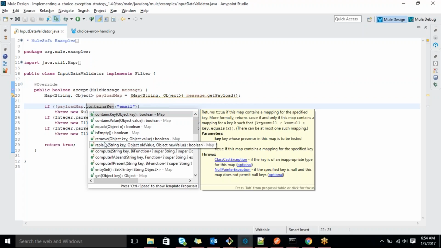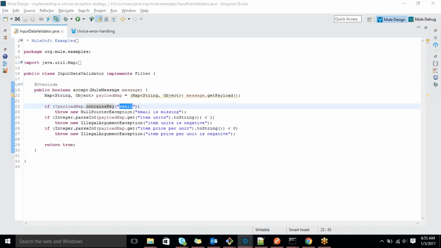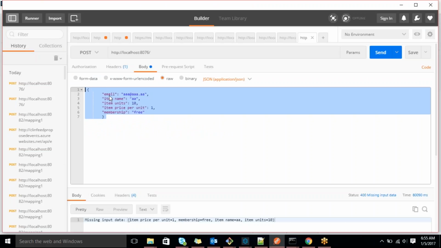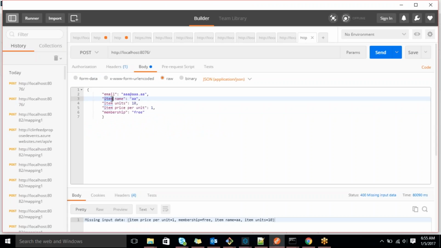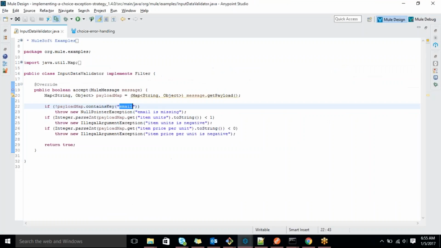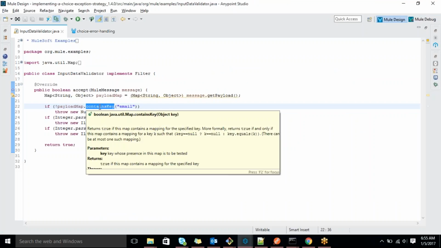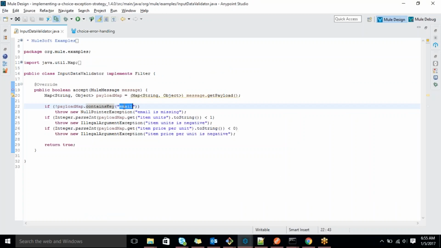See, this is the list of methods it was showing. The functionality of containsKey: it returns true if this map contains a mapping for the specified key. Whatever data you are passing is a key-value pair. If email is a key, the next one is a value; item name is a key, this one is a value, like that. I'm checking here if the payload map contains email,